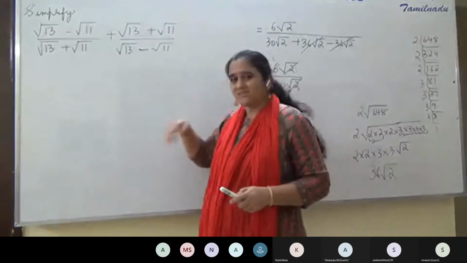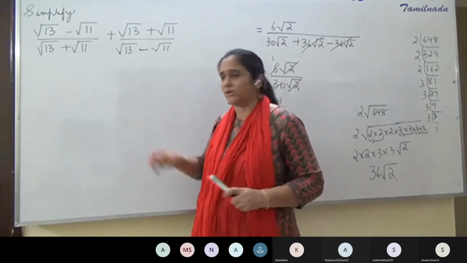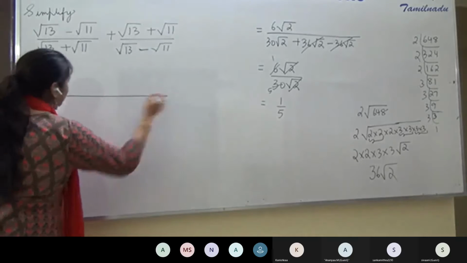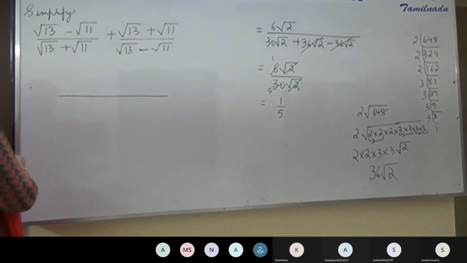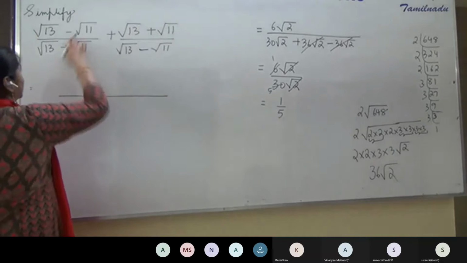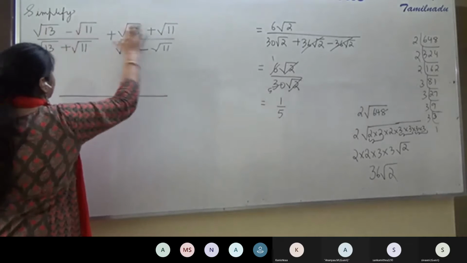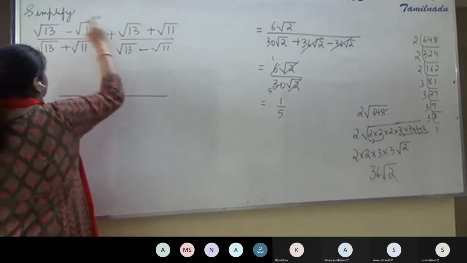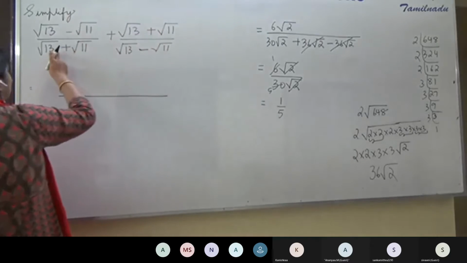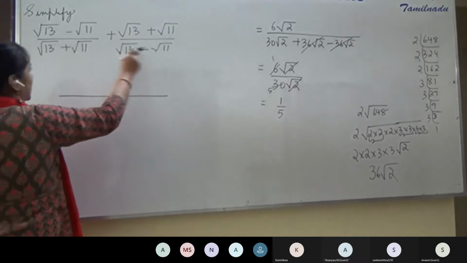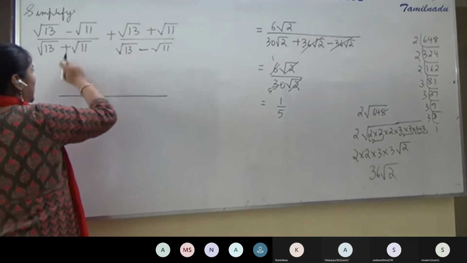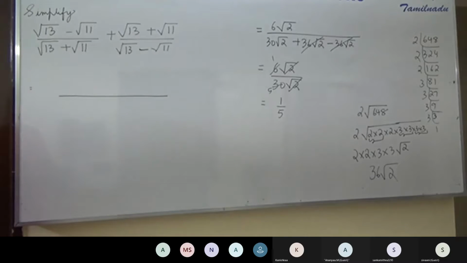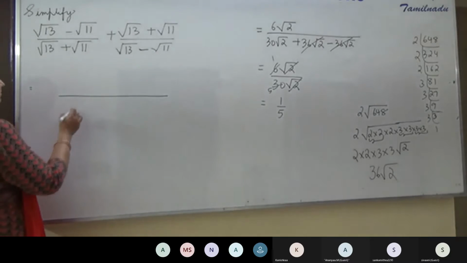That's fine. This is an alternate method. You can also do it this way. So let's do it in the alternate method. Instead of working it in step 1 and step 2, let me call this the first expression and this the second expression. When the denominator of the first expression and the denominator of the second expression are conjugates of each other, only then can you use this method, not always.